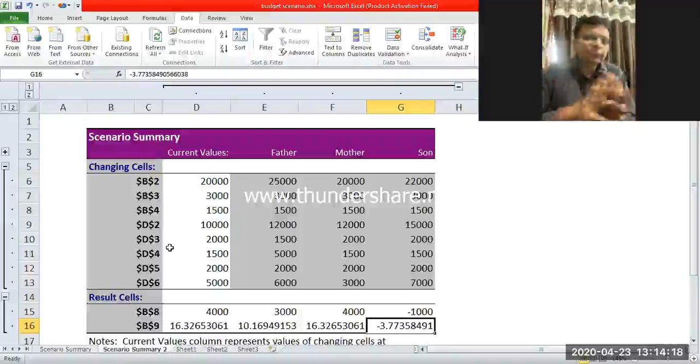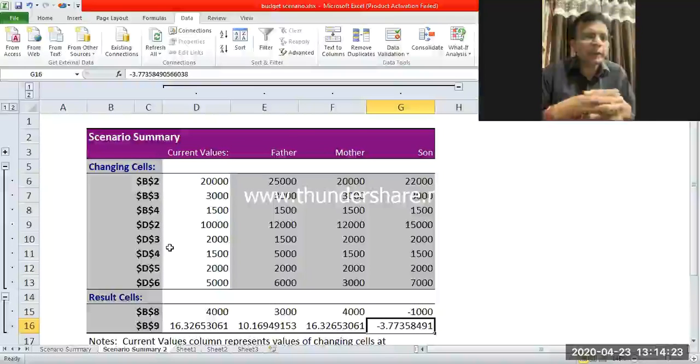Okay, so this kind of chart is going to help the organization in finding out how the different versions of the same variables are going to impact the overall performance of the company. Okay,